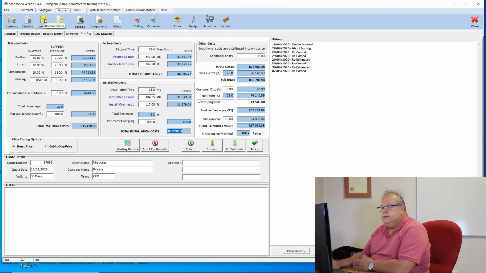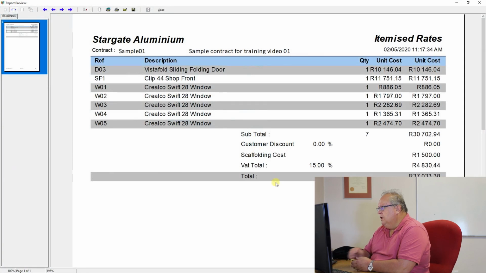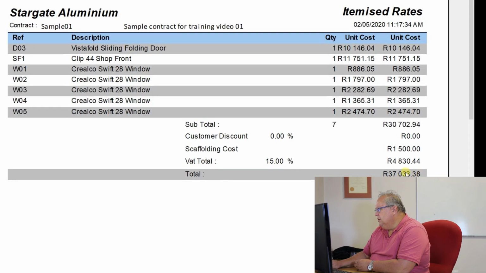Our next report is an itemized rates. Now, you can only print your itemized rates if you have done a costing already on this contract. So I go to my itemized rates, and I'm doing it for this entire contract. So what this is doing for us, let's start at the bottom. The total value of this contract was 37,033 Rand and 38 cents. That was including VAT. There was the VAT, there was our 1,500 Rand scaffolding cost, there was our subtotal of